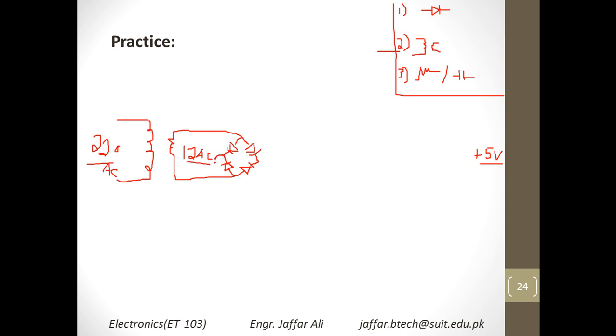And from there you can get your output. And you know that the output of any rectifier is not an accurate DC. This is basically the AC, and the output of this rectification will not be pure DC. It will be pulsating DC. And I have already told you that to nullify the effect of this pulsation, you have to add a filter, and the filter is basically a capacitor.